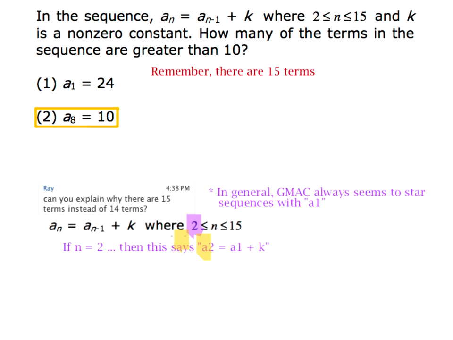John, that's not the right explanation, because we're looking at statement 2 right now, and you are not given A1 in the problem. So no. But the fact that there are 15 terms is inherent in this statement and this statement only. As soon as you have whatever is in this